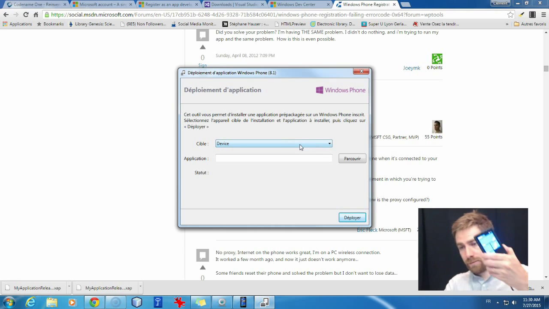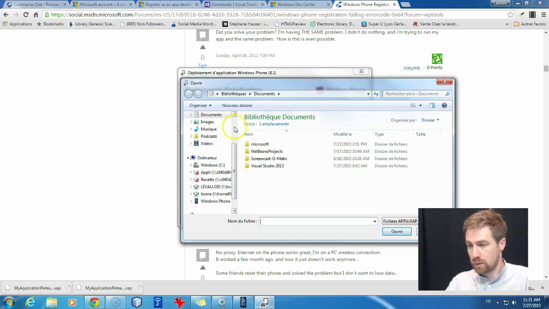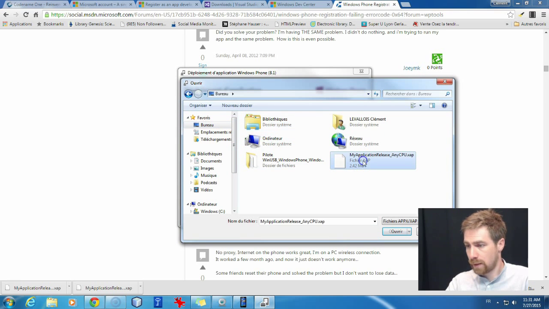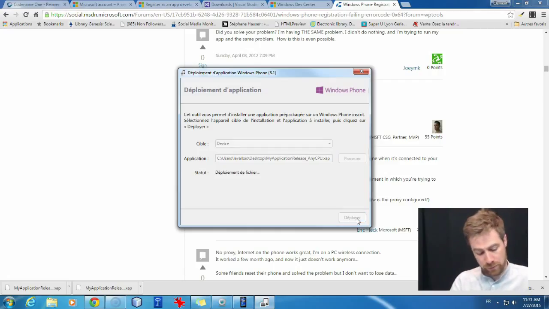Device is just this device here, so that's fine. They ask you for the application that you want to put on this phone, and that's the one we have put on. In my case, that was the desktop, this one. And then you click on deploy. That will install the app on this phone. So of course, you noticed the phone is still plugged in. I click on it, and I hope